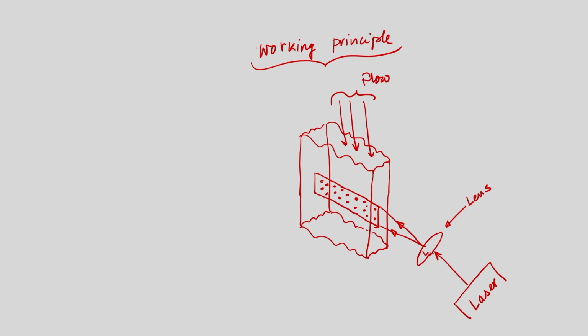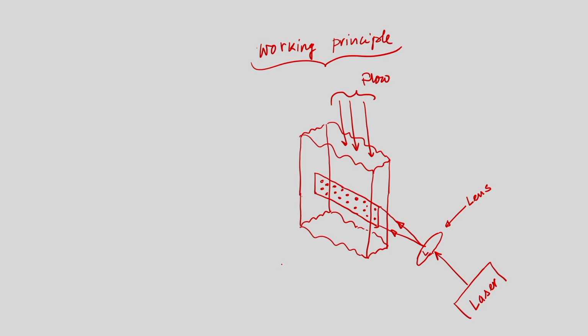What we need to do next is capture the image of the particles, and only then can we correlate the velocity of the fluid by calculating the velocity of the particles through different numerical techniques. The setup is not complete until we integrate another important part with this system. That means we need to have a camera, which will capture the image.